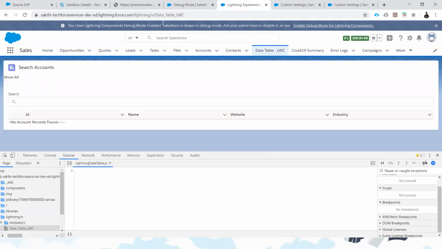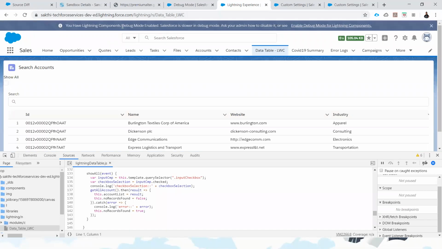See, if you noticed here, the debug mode is enabled, here at the top. That means once I enable the debug mode, as I mentioned previously, we are getting the JavaScript in unminimized mode. That means we can read the JavaScript like in our IDE, as the exact source, and even while printing any of the variables, we can get the exact result. We don't need to do any kind of JSON.stringify or iterate with extra logic. Let me show you here quickly.